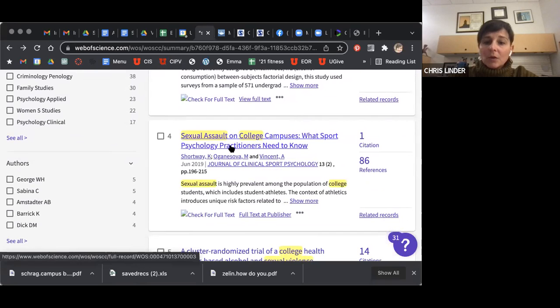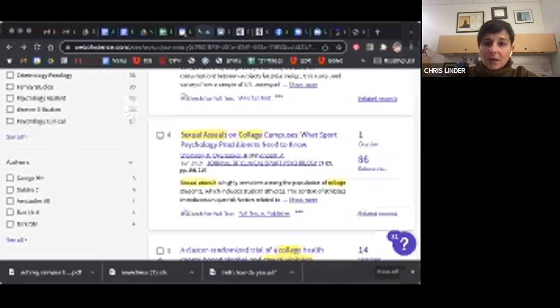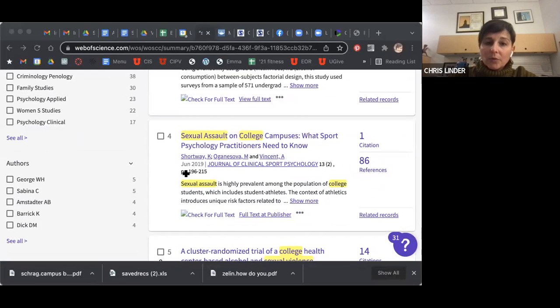Then eventually you will upload the sheet that you saved. I would like you to upload it to your Google Drive folder that has just your name on it, so I can see the articles that you are digging through. I also want you to upload all of the articles that you pull into that same folder. So you'll just put everything in that shared folder.